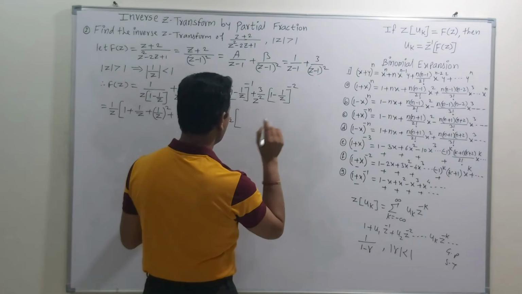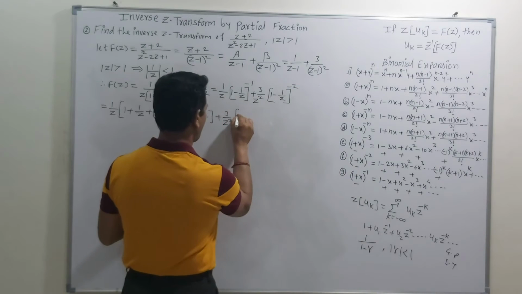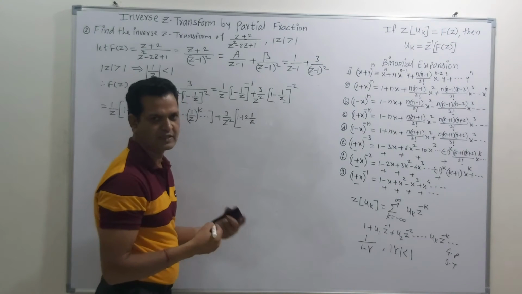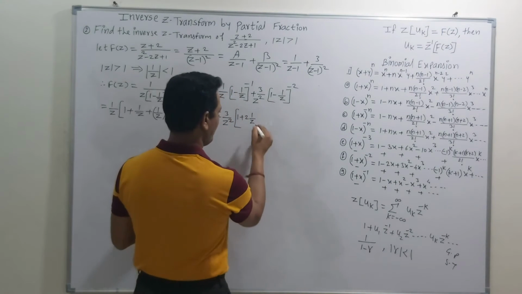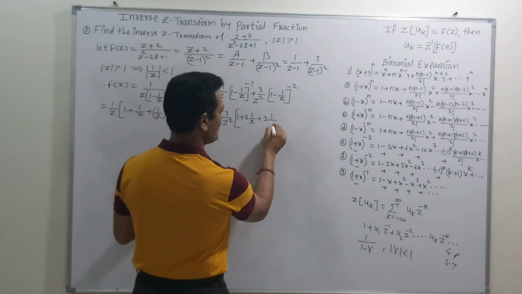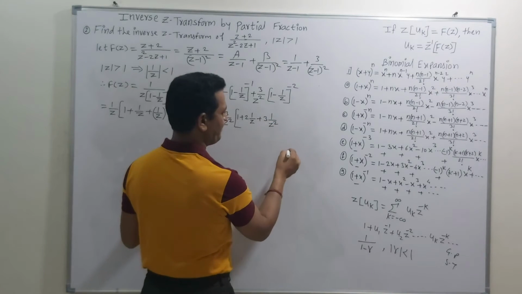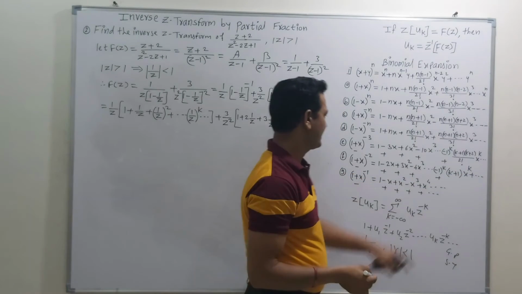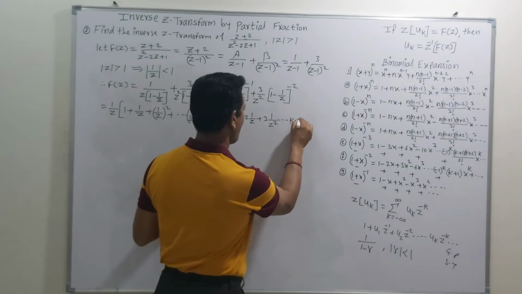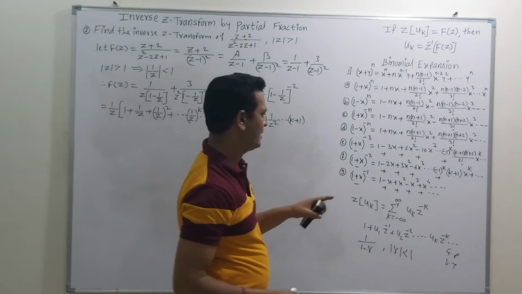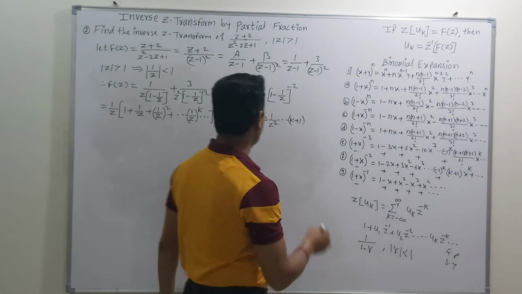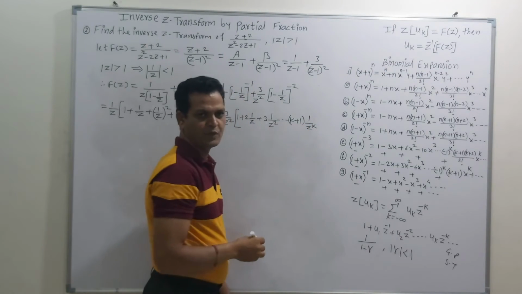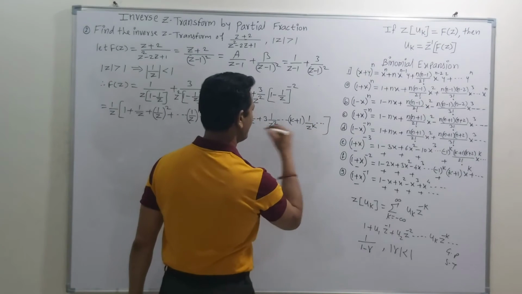So we can write this term as 1 plus 2 into 1 upon z, because the value of x is 1 upon z, plus 3 into 1 upon z square, plus and so on. In general, we are interested in the kth term, where the coefficient is k plus 1. Then x raised to k means 1 upon z raised to k. So here we get this type of condition.